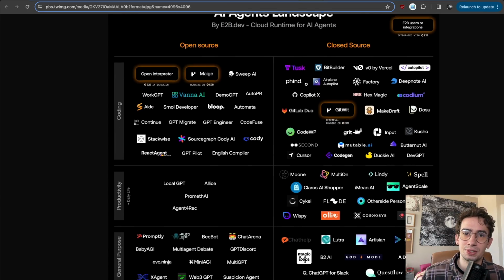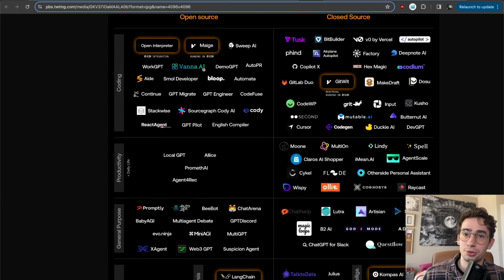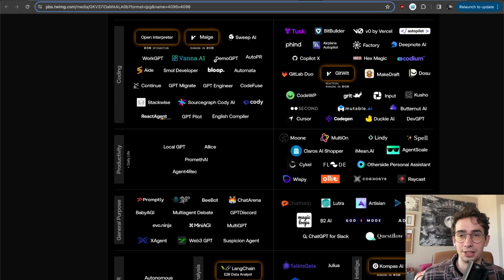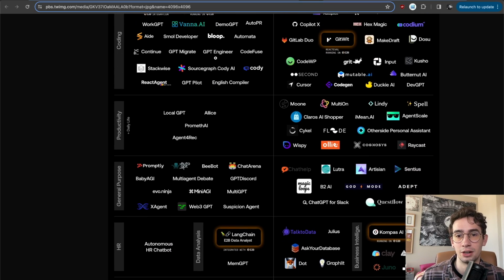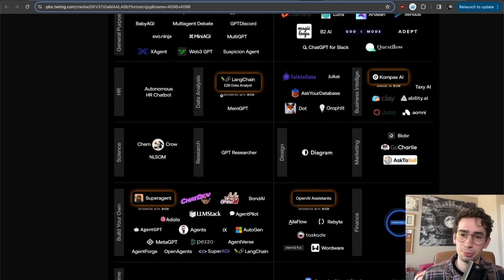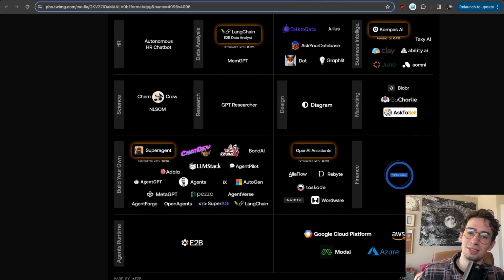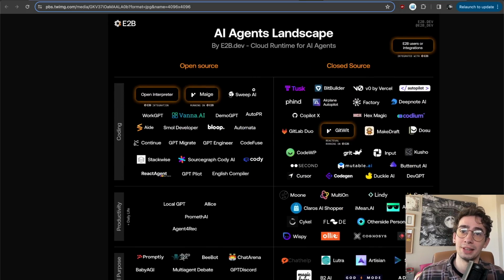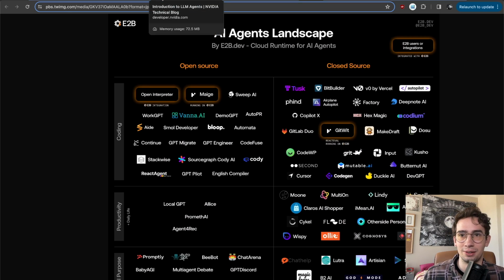Things like closed source, open source, all sorts of them. Open Devin is one that's been trying to recreate Devin in an open source way, but it's a little bit in its infancy right now, which is super exciting, of course, because we get to see all of this innovation go on with language models as they progress